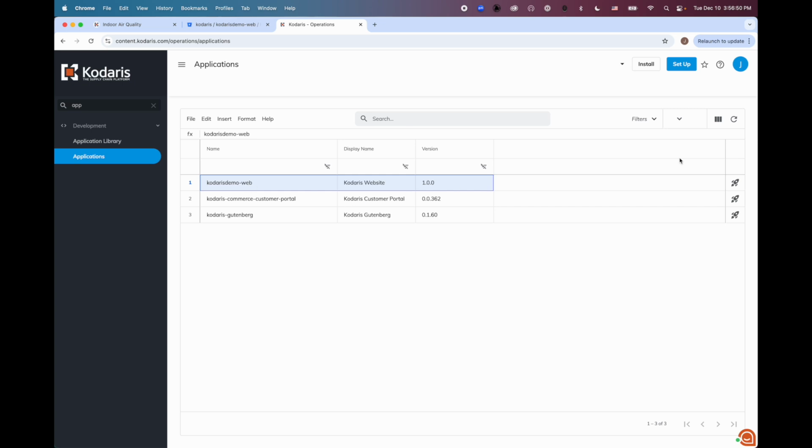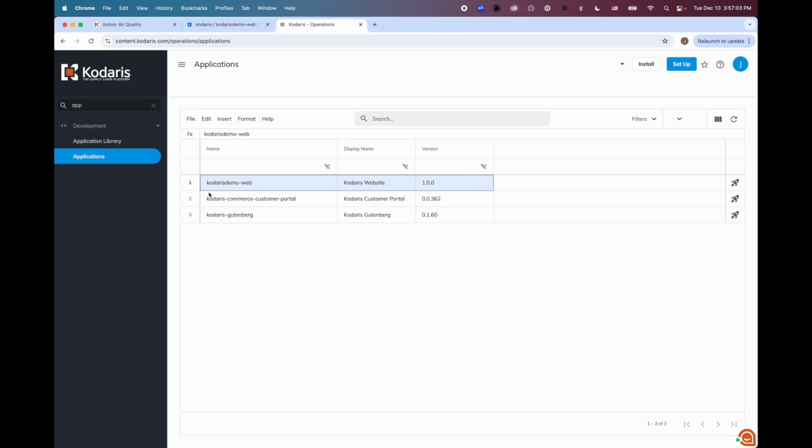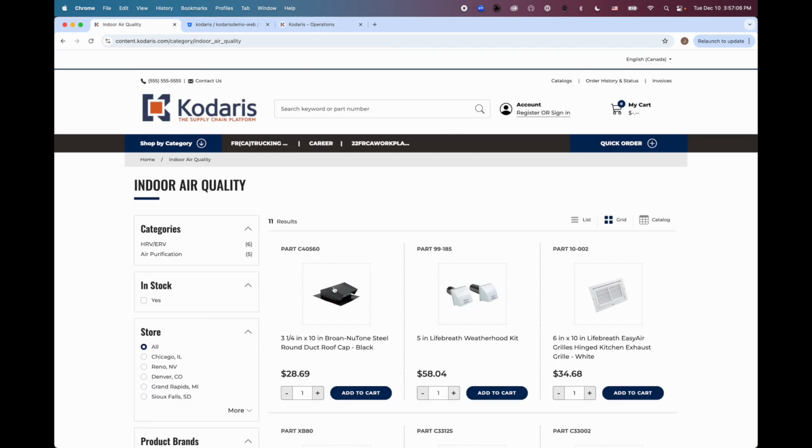And what we'll do is we'll click this deploy icon, and what that is going to do is copy all the files from the production branch here to the website so that your users will see all of your production templates on the website.